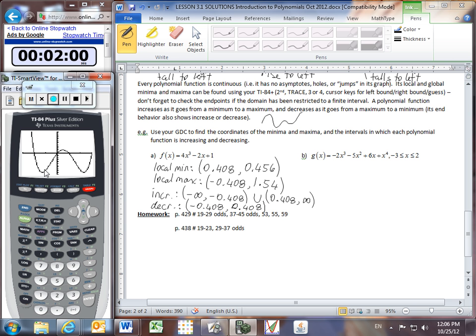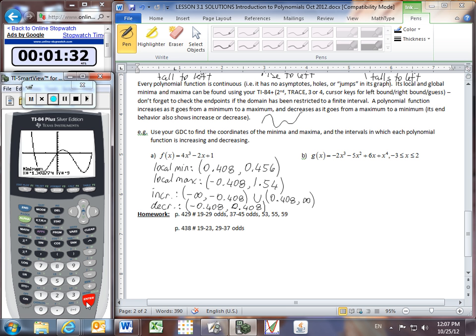I can see that there's this time 2 minima, and I'm not sure right now which one of these is my global minimum and which one is simply a local minimum, but I'll find out in a minute. So second calc minimum. Let's find my left minimum first. So -2 is safely on the left, 0 is safely on the right, and it looks to be at around -1, and in fact it's at